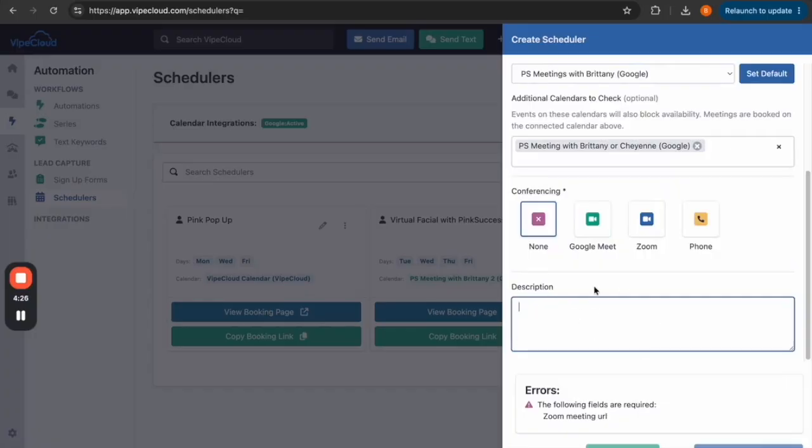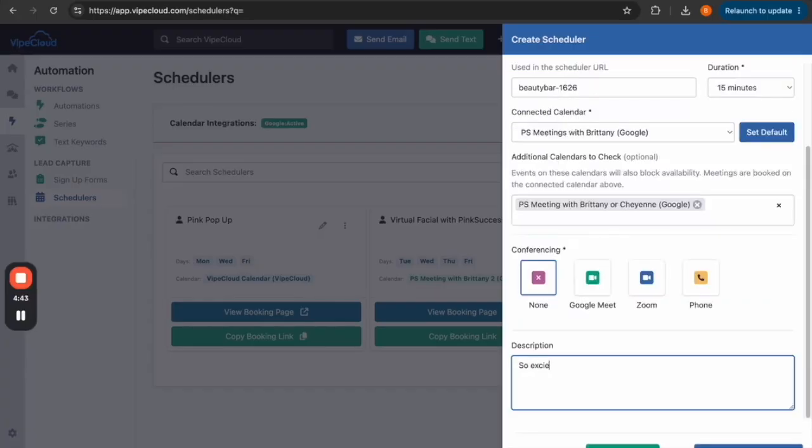Description. Now this description box is currently being put into the email notification that goes out when they book the appointment. So what you write in here, you want to write as if they've already booked the appointment, because that's when they're going to be seeing this, right? So you could say, so excited to see you at the beauty bar